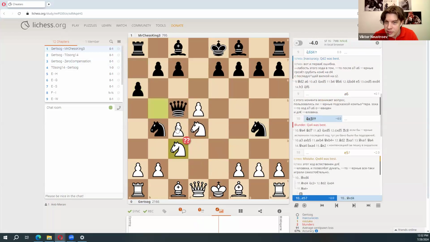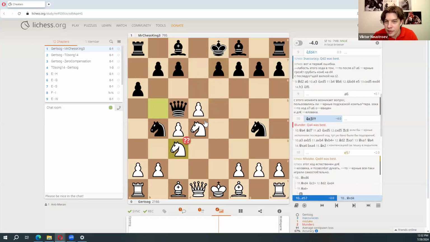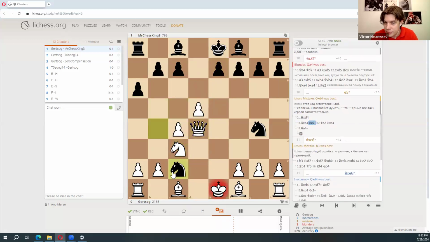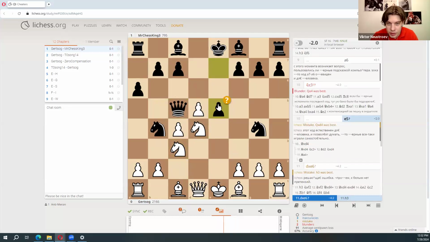However, now it seems that he didn't use an engine in this position because he played e5. I think this move was played in order to show that, well, I'm not a cheater, I'm just a strong chess player. So he played d5. If he was a cheater, he would definitely take on d4 with no doubt. And I blundered it, actually. So he played d5, showing that he was a human player. Well, then maybe h3 was better, but then I'd lose here and I lose here.